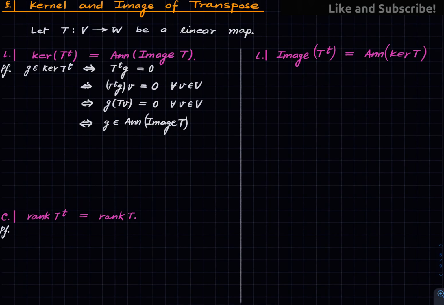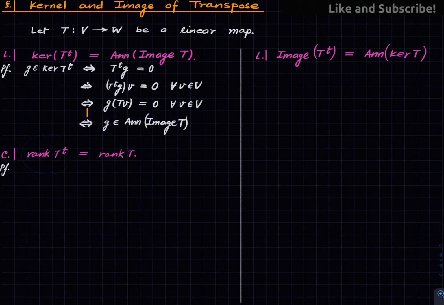So this is the step that you need to note. It is not a hard step. G is killing everything that is of the form T of v for some vector v. That is as good as saying G kills everything that is in the image of T. So G is in the kernel of the transpose if and only if G is in the annihilator of the image of T, and that is same as saying this statement. So we have proven this, and as a corollary,